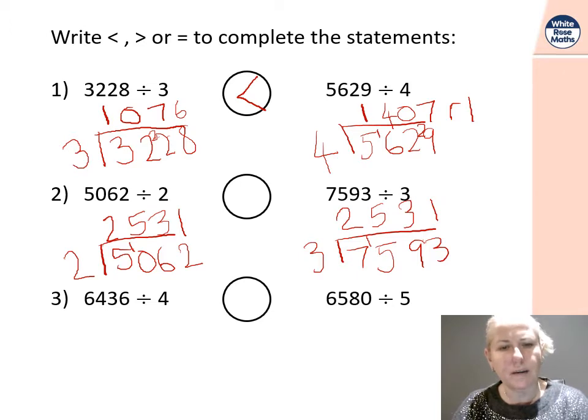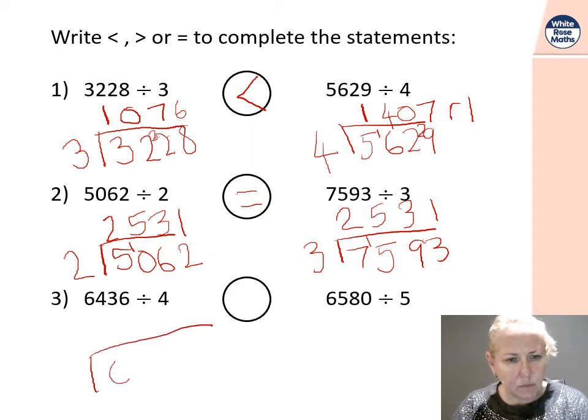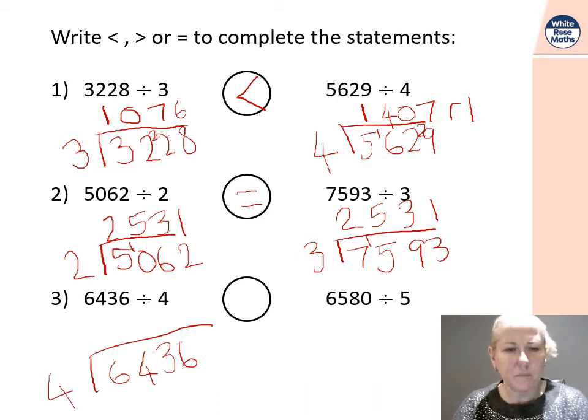2,531. Oh, they're the same. So when they're the same, when they're equal, we put the equal sign. Then last one here. Oh, gone up on a bit of a slope there. 6,436 divided by 4. And on this side we've got